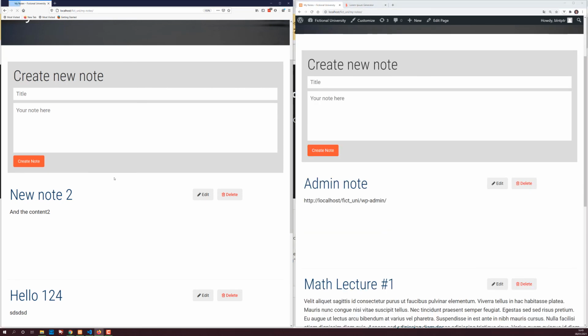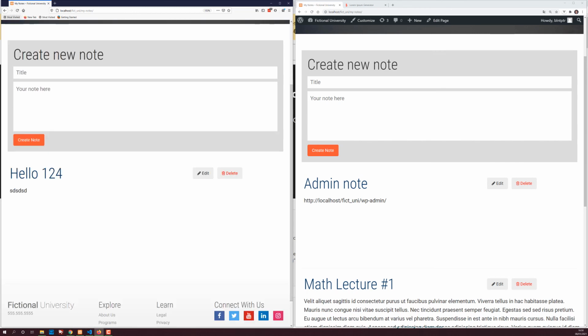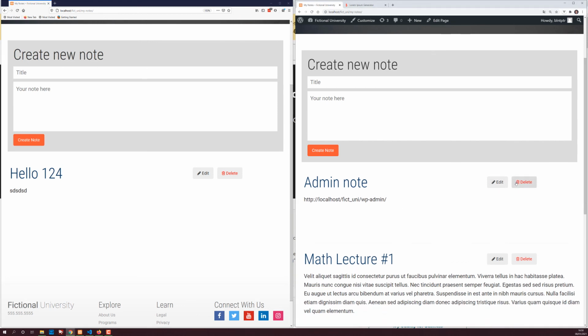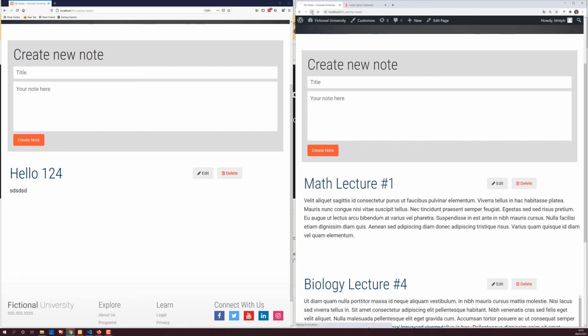Obviously it won't show up for this user here. Now if we want to delete, there's a nice transition. And also, let's just see if it's persistent. It's of course persistent. Refresh it here. It's persistent. And then if you do the same here and refresh, then it just works perfectly.